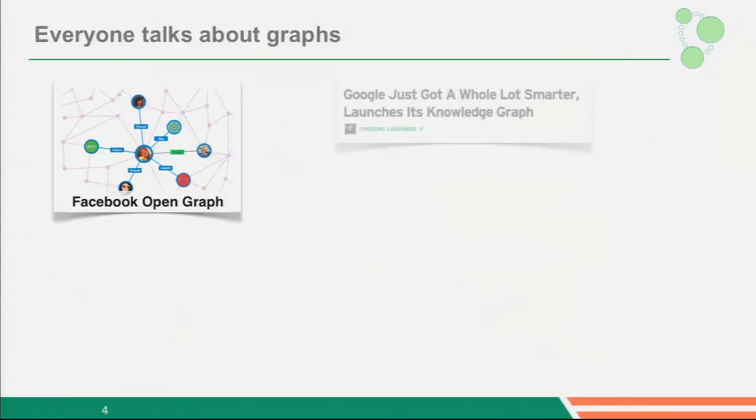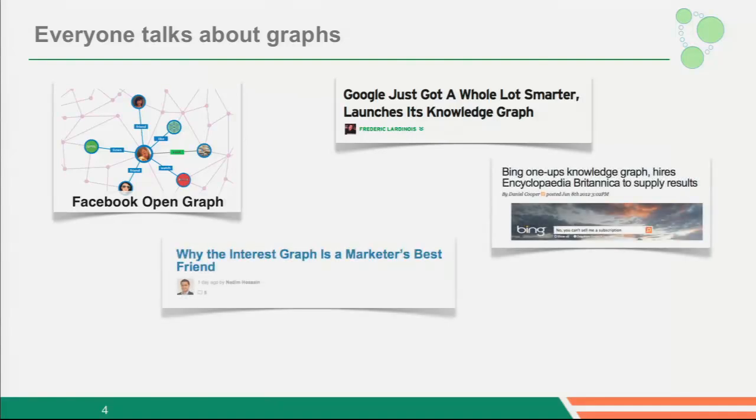So the question then is, what is connected data? Well, another word for connected data is graphs, and at this point everyone seems to be talking about graphs. Facebook's API is called the Open Graph API. Google again launched their knowledge graph. Even Oracle wrote a blog post a month ago where they said that due to the increasing demand for graph database technologies, they're renaming what used to be called Oracle Spatial and Network into Oracle Spatial and Graph. So even big Oracle is now moving into graph databases.